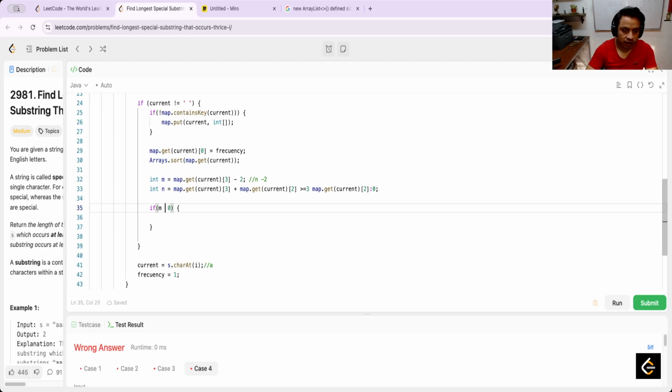Here it's greater than 0. Max is equal to Math.max between max and m. I think that this is not necessary, because if it's less it's only ignored. Okay, and the other is max is equal to max n. I think that n